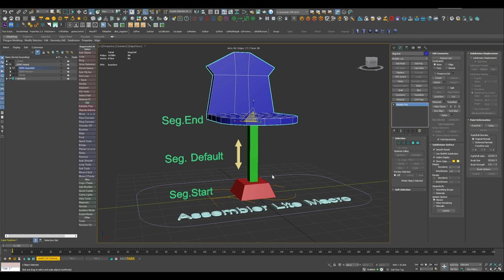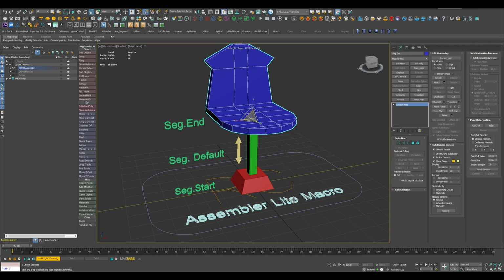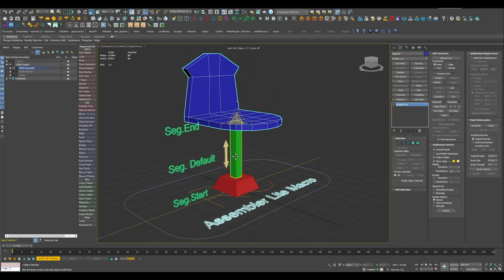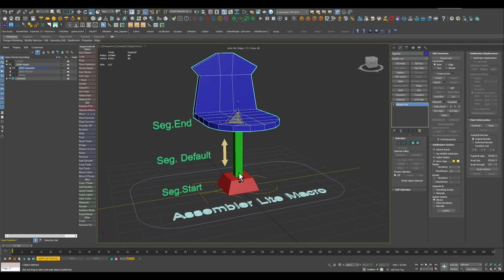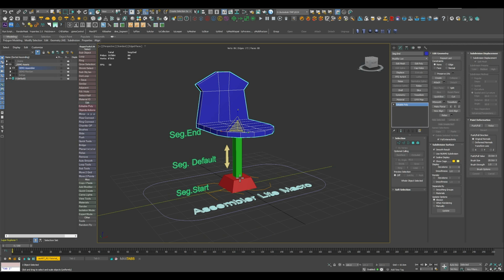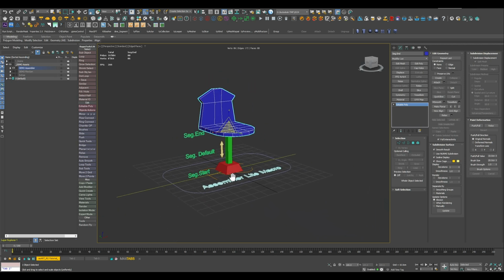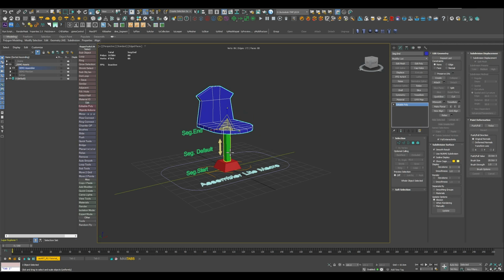So this is actually the main function of this Assembler Lite. You can set something together or assemble something together out of 3 parts, and the default part will get deformed and you can change the height of the model. But let us go and just use this to assemble the whole thing using the Assembler Lite macro and see